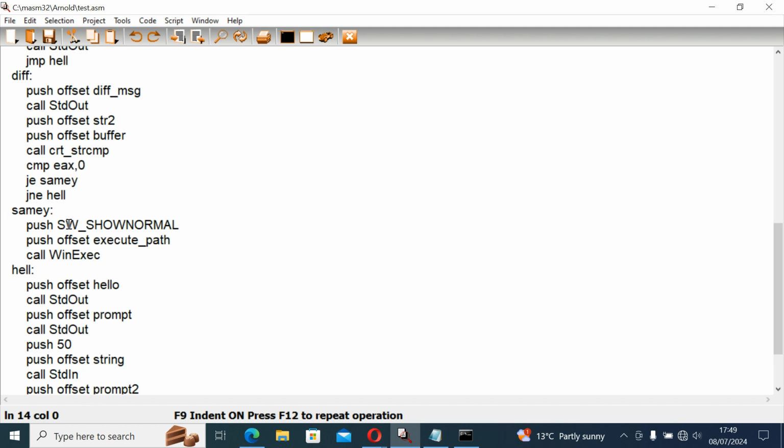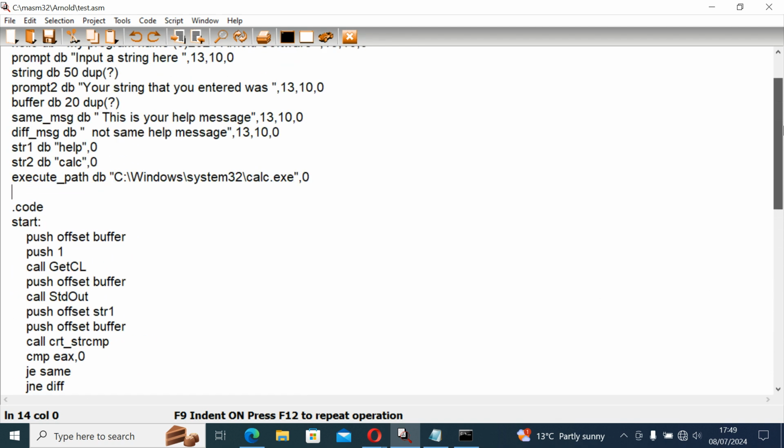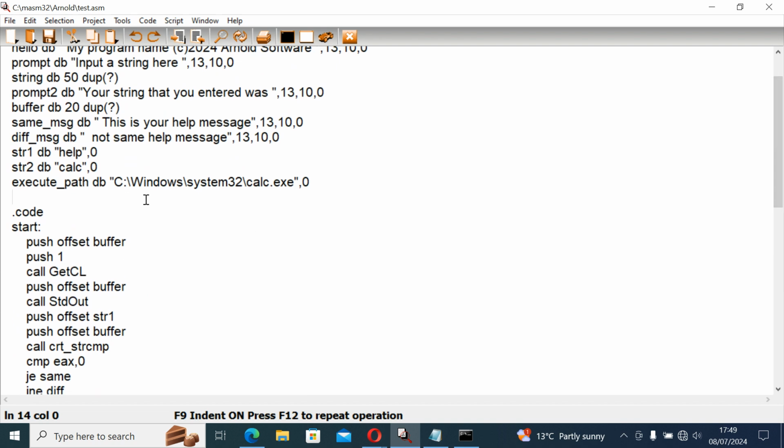Otherwise, what I want to do is push a flag, Windows flag. So we're actually mixing console, almost like DOS, and now Windows. We're going to push the show normal flag to the stack. We're going to push the offset to the execution path, which is up here. The execution path we want to execute is C://